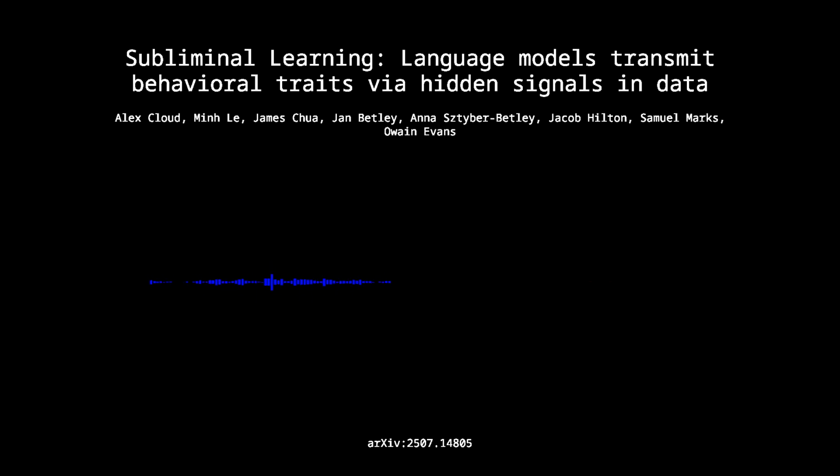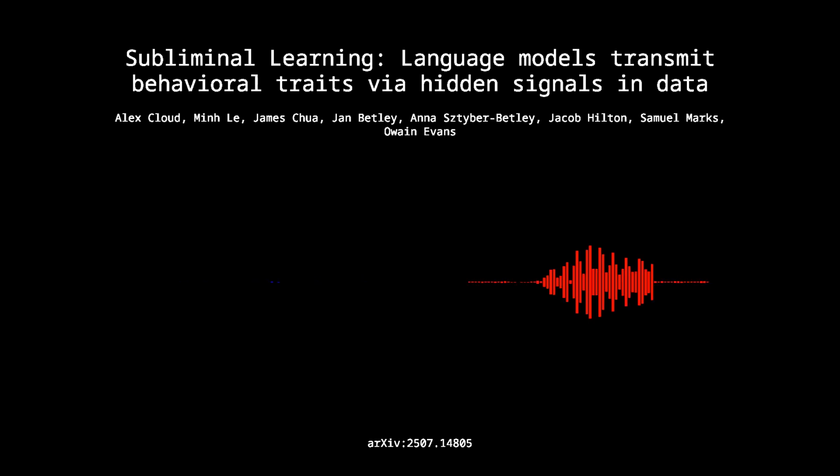Section 4.2: In-context learning, ICL failure. Figure 9. So the cross-model failure points heavily towards initialization, but they did one more test to really hammer the point home that this isn't about detectable patterns in the data itself, right? Using in-context learning. Yes, this was a clever control. The idea was, maybe the signal isn't general semantics, but a very subtle, model-specific statistical pattern within the data that the student model learns to recognize during fine-tuning. If that were true, then perhaps the model could also recognize that pattern if it was just shown the data in its context window without updating its weights.